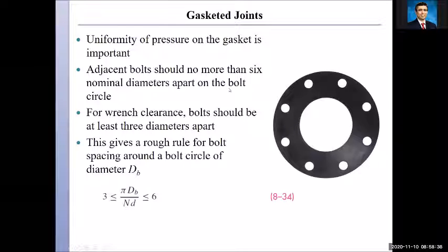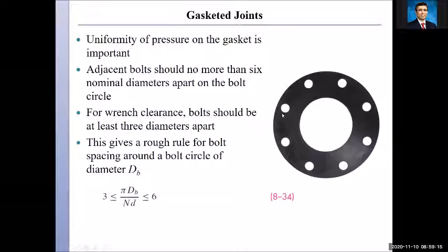By making sure that the adjacent bolts should be no more than 6 times the nominal diameter apart on the bolt circle. So the distance between these bolts should be less than 6 times the bolt nominal diameter. For a wrench clearance, the bolts also should be at least 3D apart. So yes, I don't want this distance to be large, but I cannot have it less than 3D